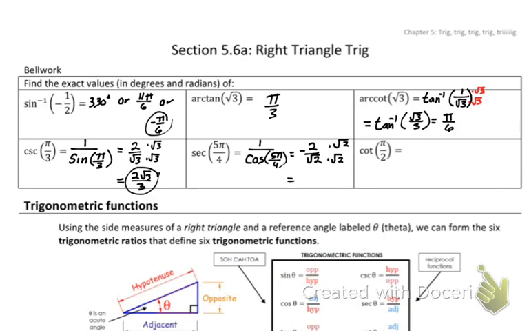And that will actually result in negative square root of 2. Cotangent of pi over 2, the biggie, because we kind of have to go through